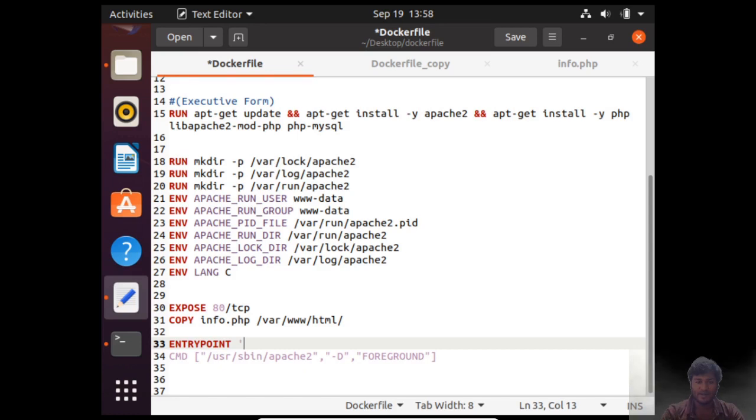With CMD and ENTRYPOINT, here we just give the command, here we do not give arguments. So this is majorly the difference between ENTRYPOINT and CMD. What exactly is ENTRYPOINT or CMD?